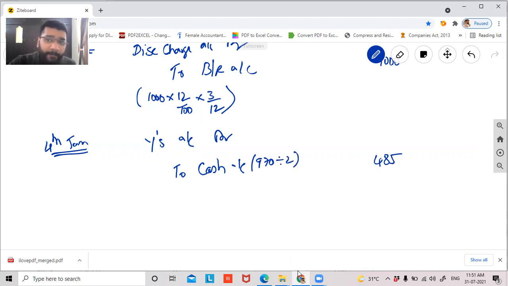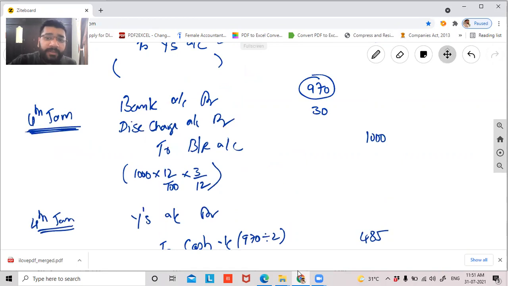And tell me one thing. Is this discount charge the responsibility of only X? Should X be the person who's bearing this 30 rupees? Who is enjoying the benefit of discounting? Is only X enjoying? No, both X and Y are enjoying. So these discounting charges also need to be proportionately split in the ratio of the benefit taken. Here the benefit they have taken is equal, so the discounting charges will also be split equally.